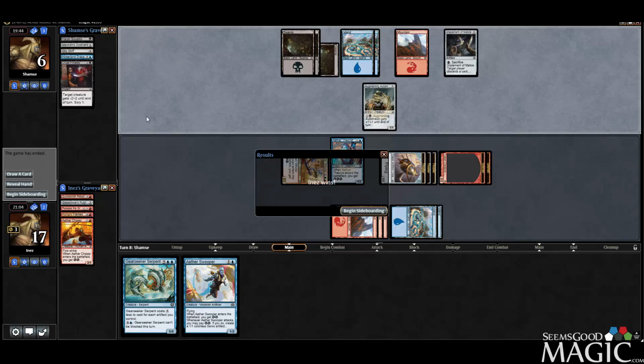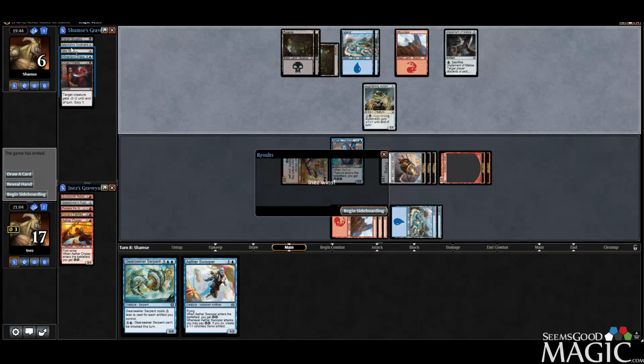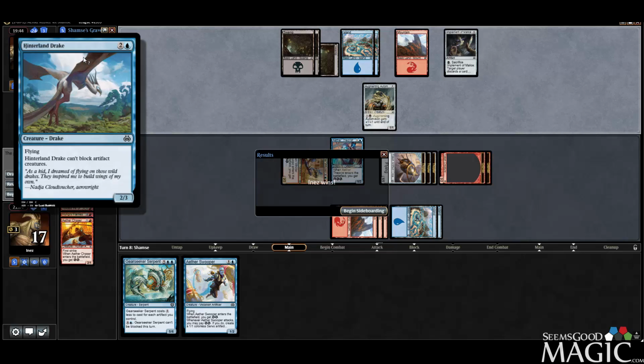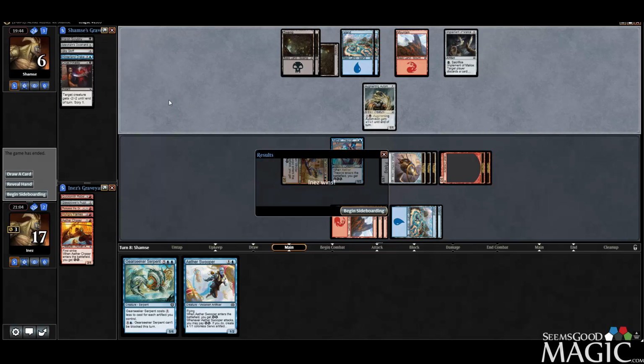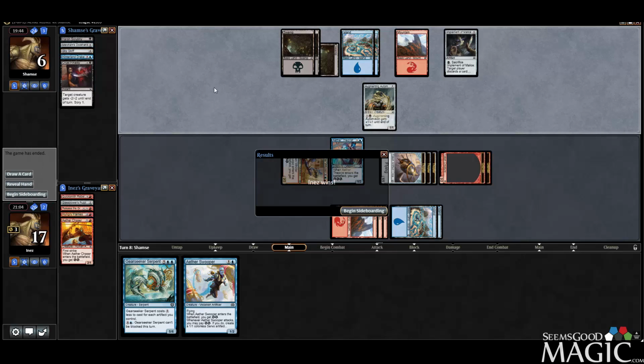What else is their deck really doing? So Merchant's Dockhand is just a way to get card advantage, which is good. Skiff is just a good card on its own. Hinterland Drake is fine, a 3-mana 2/3 flyer with minor downside. Synergistically speaking, we haven't seen a running theme from our opponent's deck. I assume it's more artifact related just based on Dockhand, but I don't even know if that's a safe assumption, so why don't we just...